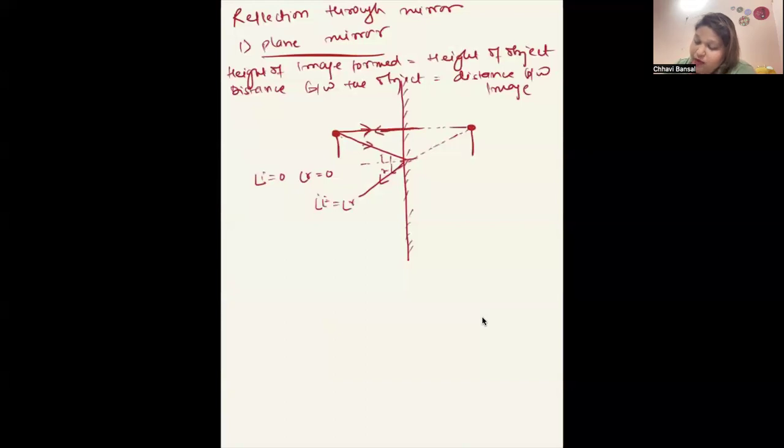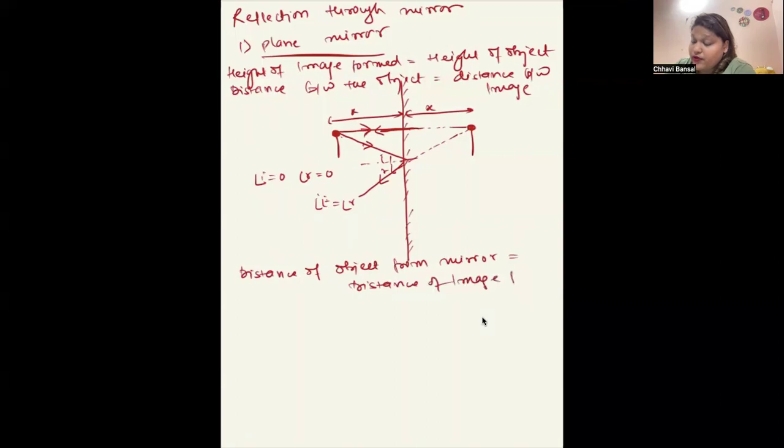If you retrace the path, you will see these two lines appear to meet behind the mirror, which is at the same distance. If this is X, this is also X, right? Also, what you can see is it appears to meet behind the mirror, right? So when we are going to do the image formation and see how the reflection takes place through any mirror, there are certain characteristics we need to write down about the image. For example, distance of object from mirror is equal to distance of image from mirror,